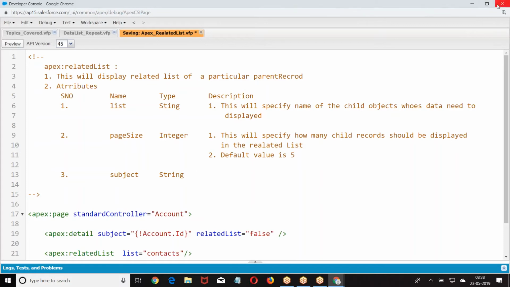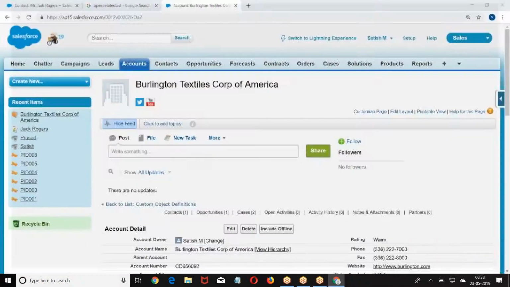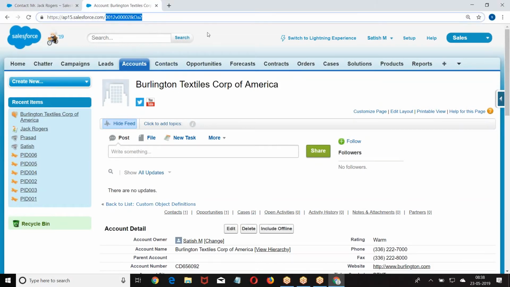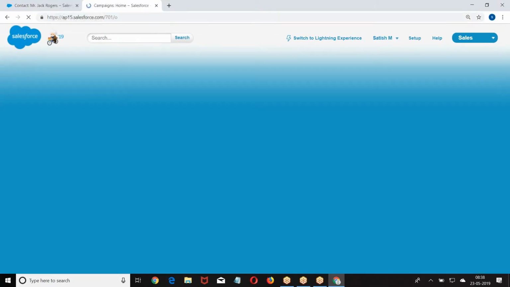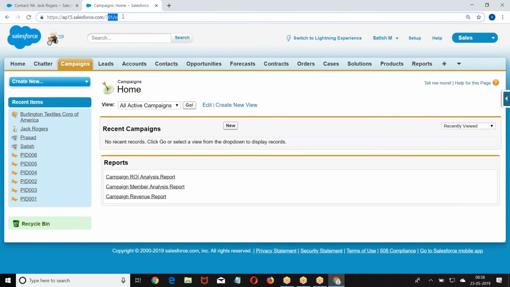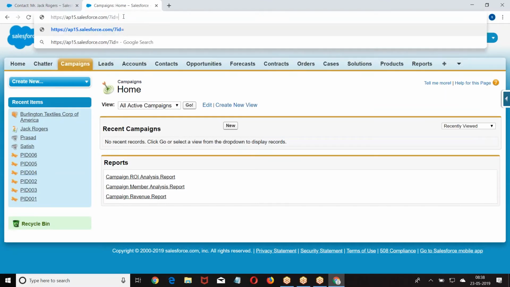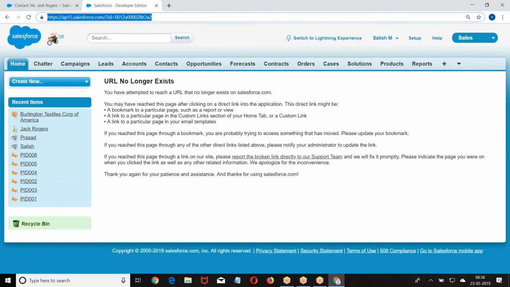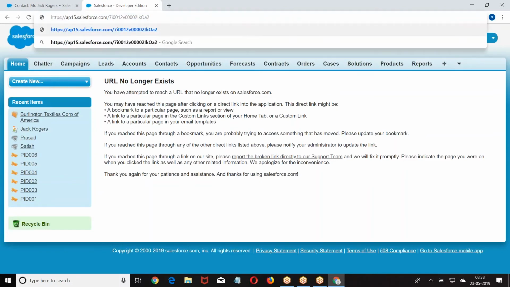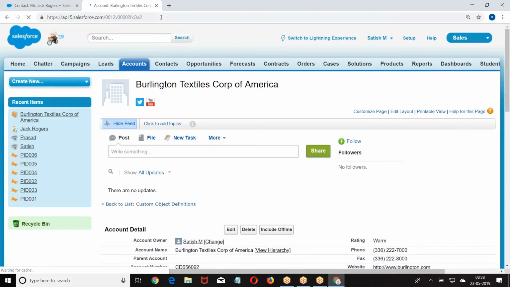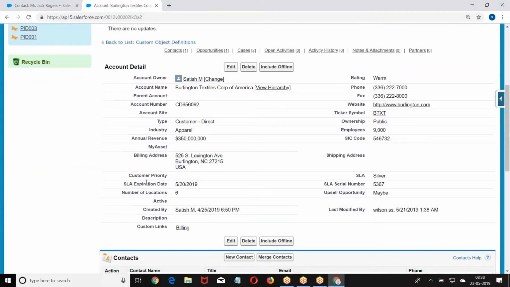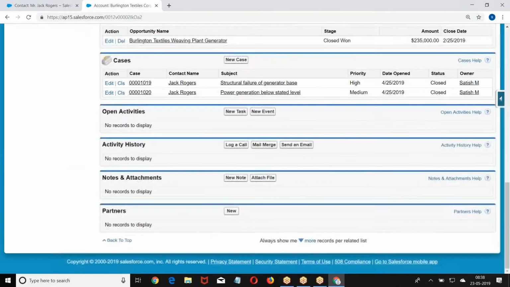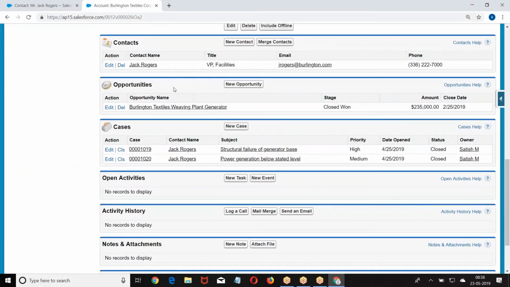Once we are done with this, I'll share the documentation for you. Look at the point. This is the record ID. If I am passing the record ID and open salesforce.com/record ID, we are getting the detail page of the record with the corresponding related lists. Now here what I am doing,